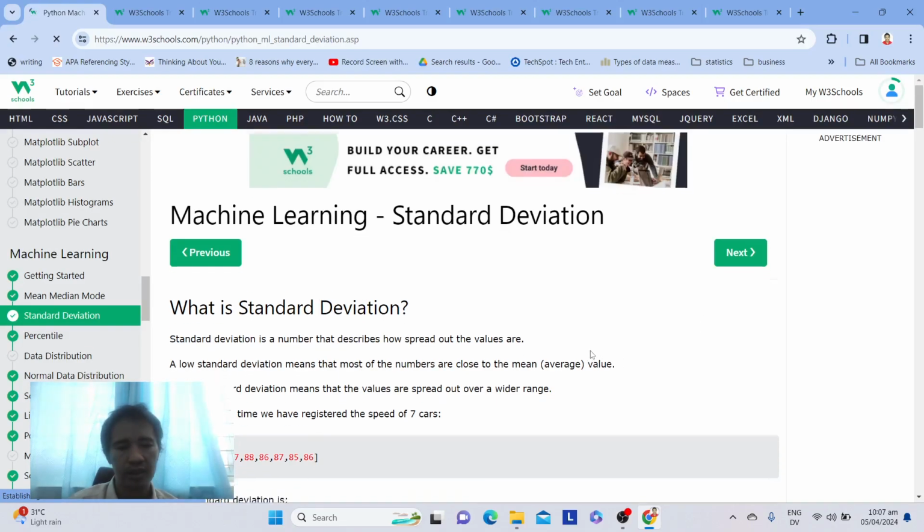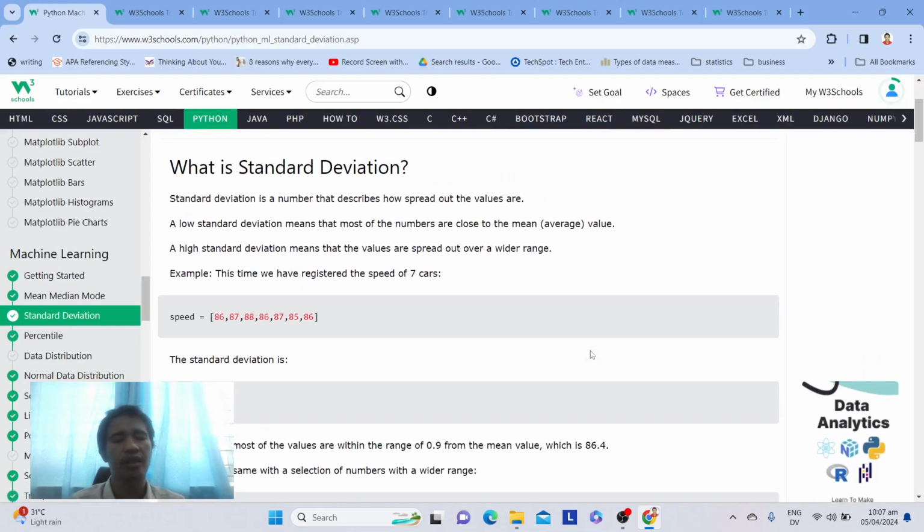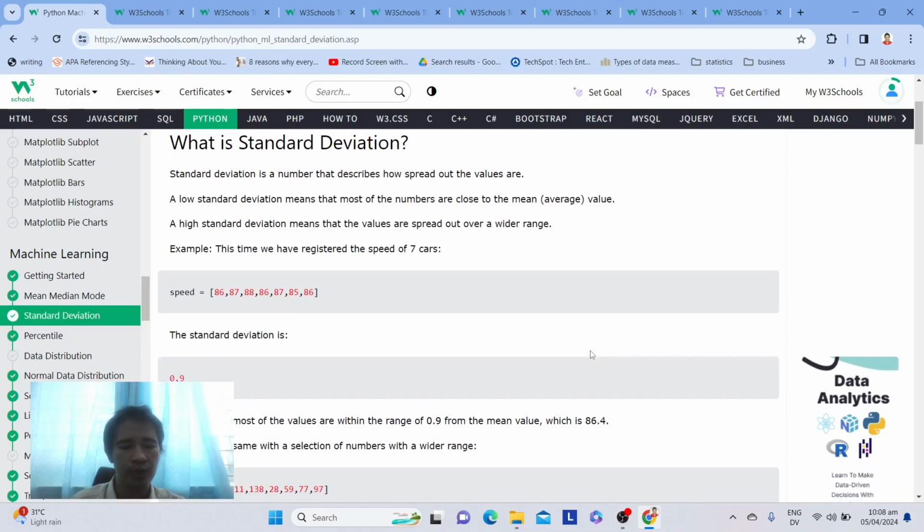So what is standard deviation? Standard deviation is a number that describes how spread out the values are. A low standard deviation means that most numbers are close to the mean. A high standard deviation means that the values are spread out over a wider range. For example, we have registered the speed of 7 cars: 86, 87, 88, 86, 87, 85, 86. The standard deviation is 0.9, meaning that most values are within 0.9 of the mean value,